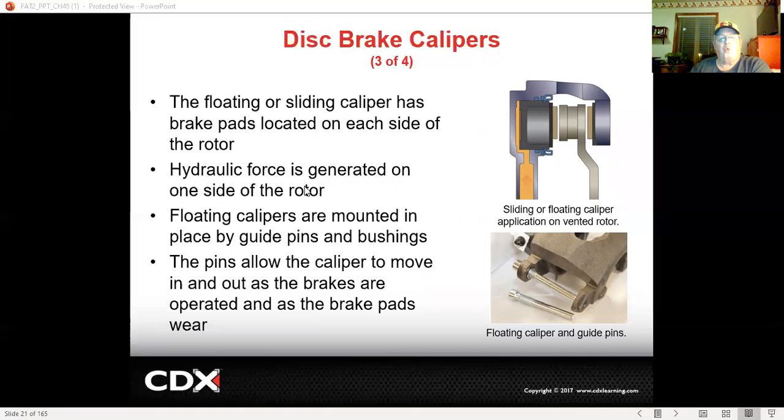Hydraulic force is generated on one side of the rotor. These tend to have one piston. They just have a piston on one side only. So what happens is they've got pins and bushings. As this piston applies its brake pad against the rotor,